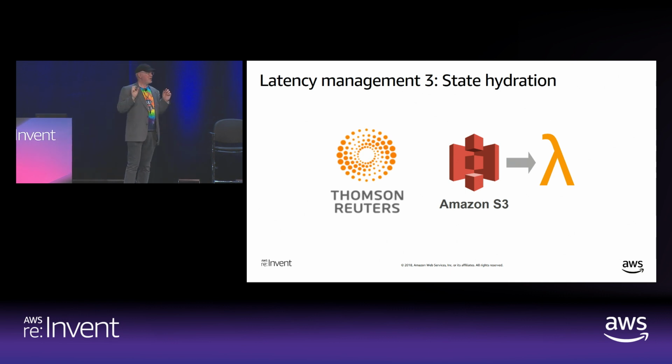On top of which, doing capacity management for this, if you were doing a traditional server full service, would have been a nightmare. It's news. You can't predict when it's going to come in. And when something hot's going on in the world, it's coming in fast and all the time, and most of the time, nothing's coming in at all. If they'd had to scale up a fleet to meet their peak load, it would have been a really expensive and difficult process. So, I mean, this is the kind of thing, no state hydration, unpredictable loads, divisible work,